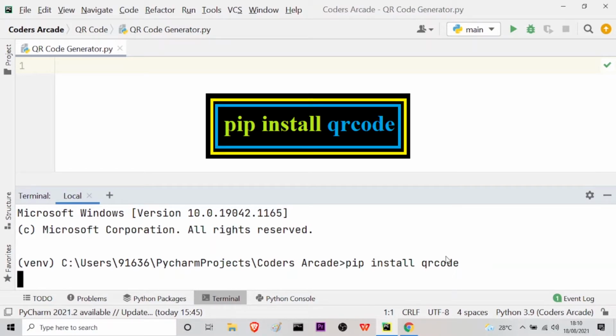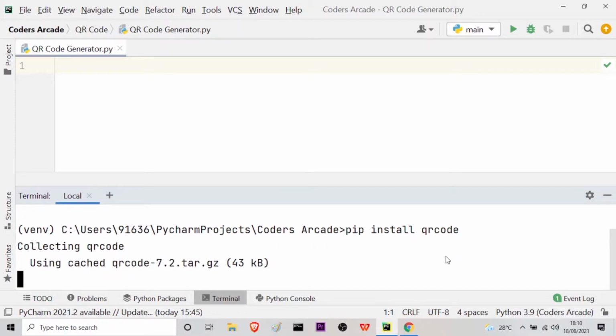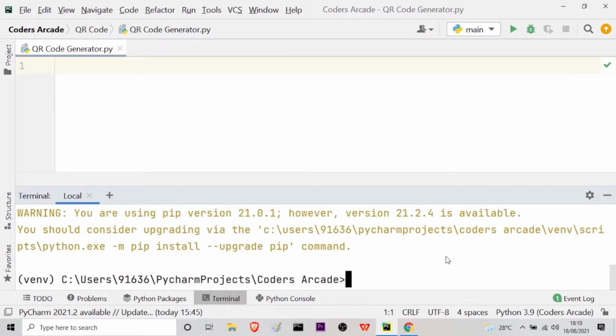It will install the necessary packages. You can see it's collecting the information and installing the package. And it is done. So let me just minimize this terminal.